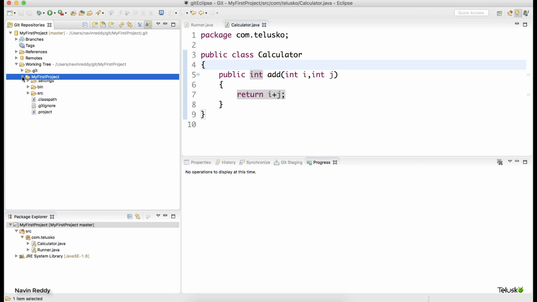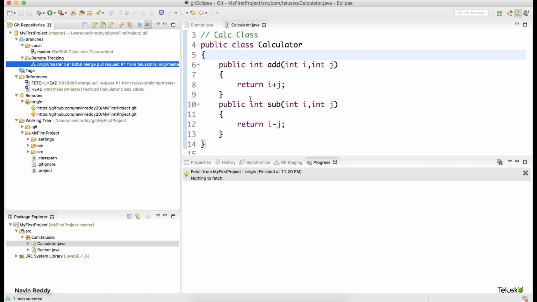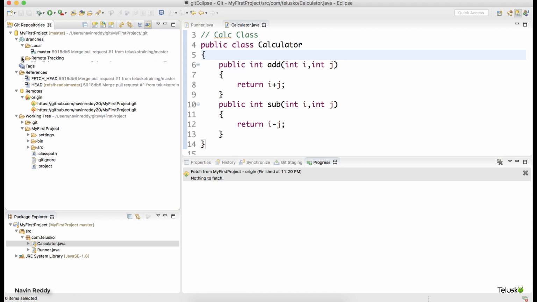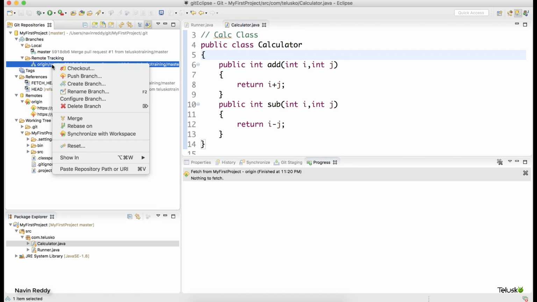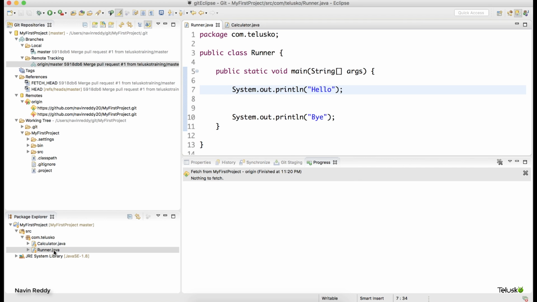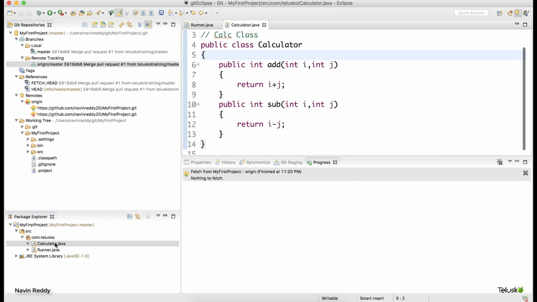This is your project. Now how do you merge this project? So do we have an option of merging? So it is done now. So the problem was you have to open your remote tracking. So if you can see branches and remote tracking, you have to right click and you have to say merge. So when I click on merge, it is working now. And if I open runner, can you see that the changes which someone else has contributed is reflecting on your project?